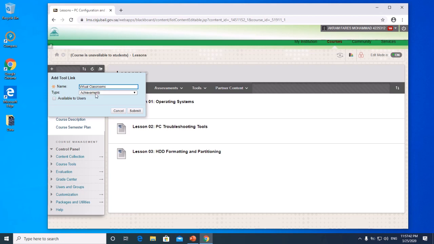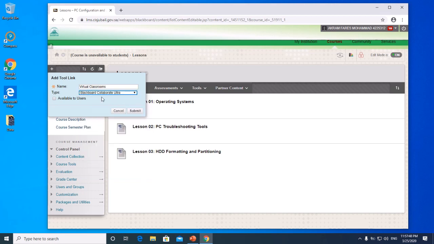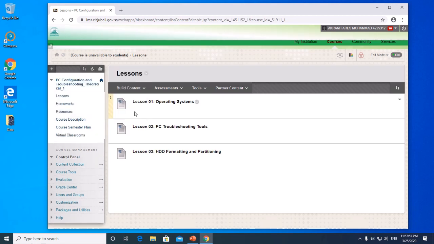The type you choose from the drop down list, the Blackboard Collaborate Ultra. Okay, this is very important. Then you tick this to make it available to your student and submit. Now all your future virtual classrooms will be inside this link. So now when you click that one,